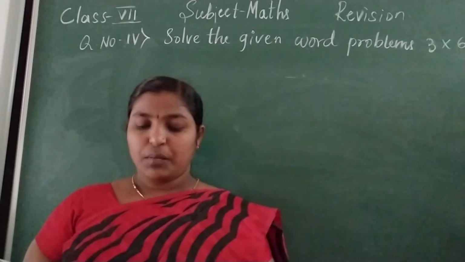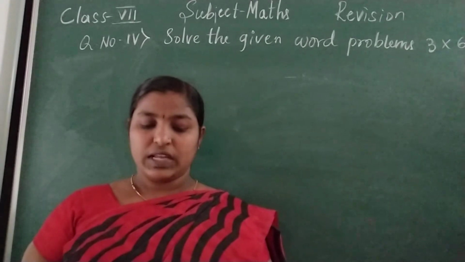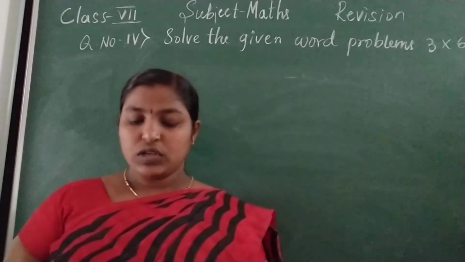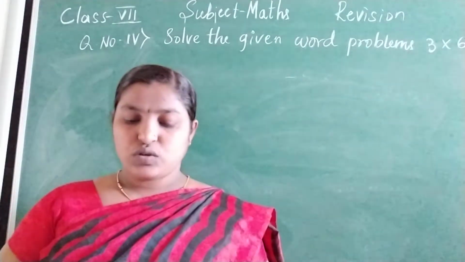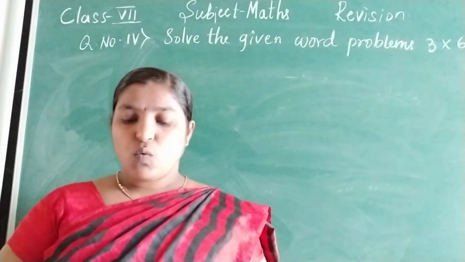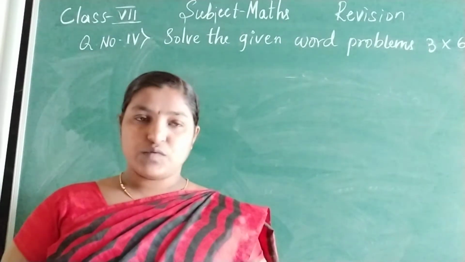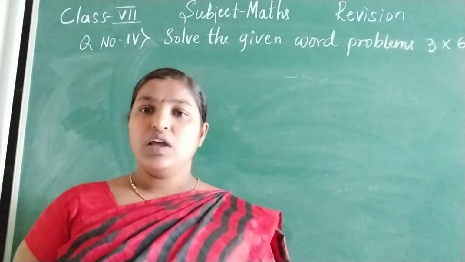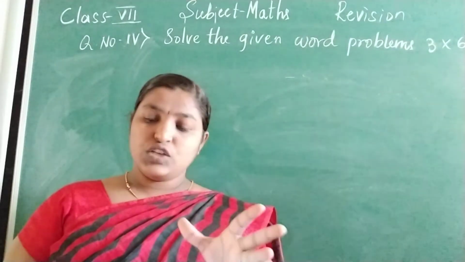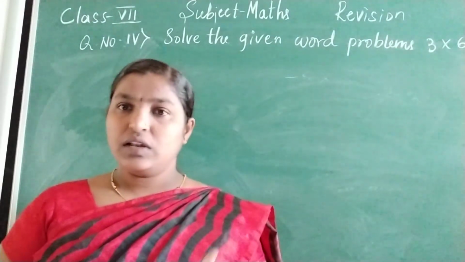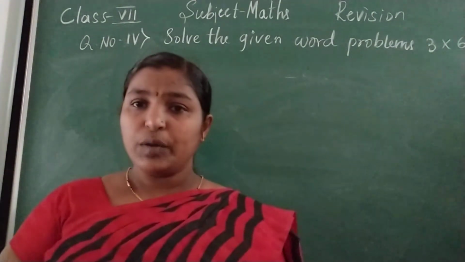At Srinagar, temperature was -5 degrees Celsius on Monday, and then it dropped by 2 degrees Celsius on Tuesday. What was the temperature of Srinagar on Tuesday? On Wednesday, it rose by 4 degrees Celsius. What was the temperature on this day? So like this, all the types of word problems given in your textbook, you should solve and practice. These all may come, but numbers will be different. Okay, these are all related to word problems.